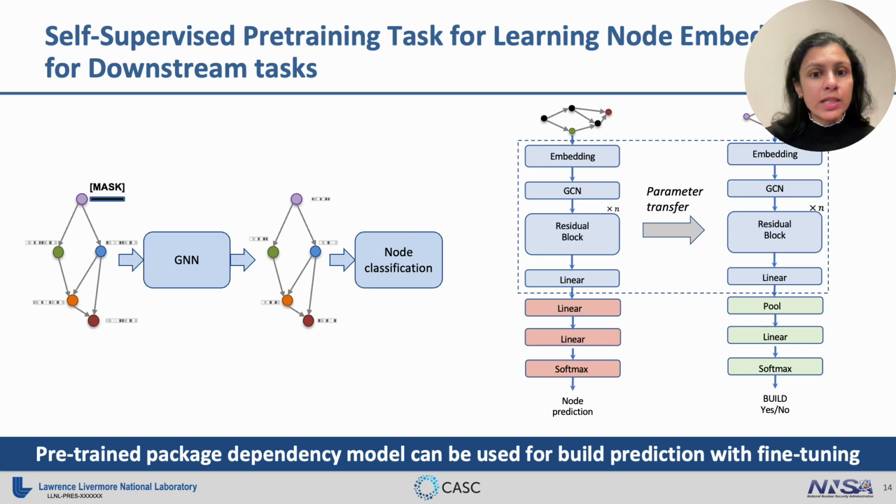So note that our pretext task does not require any build outcome, but only a valid dependency graph, which is much easier to generate. So this semi-supervised task can then learn the underlying structure of the package dependency graph. So in practice, given a package dependency graph and a certain fraction of masking, we randomly select a subset of nodes to mask. And the nodes that are masked, their node-specific embedding or features are replaced with a